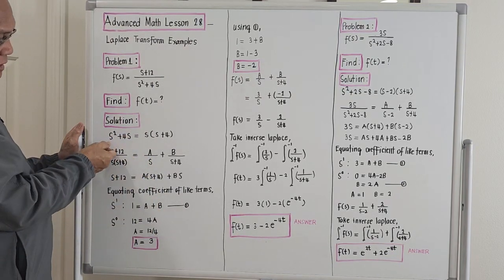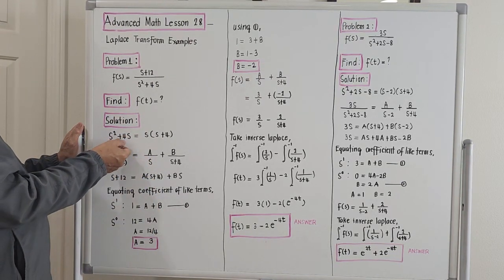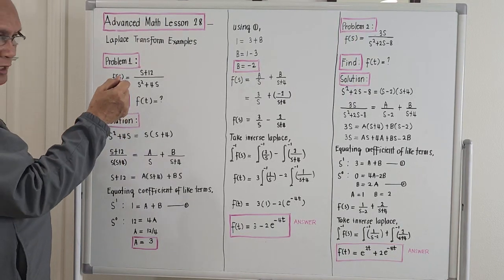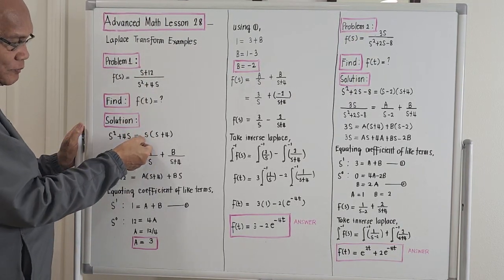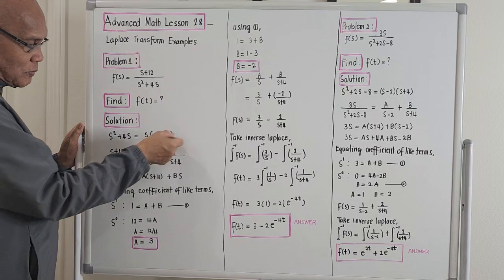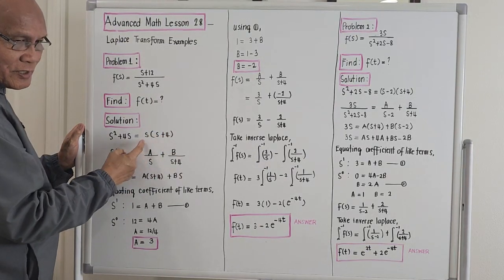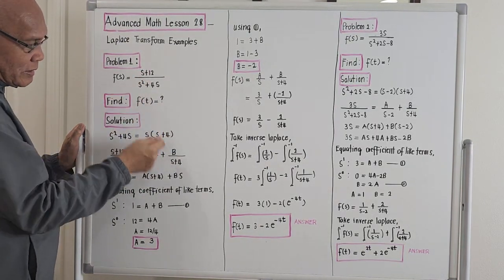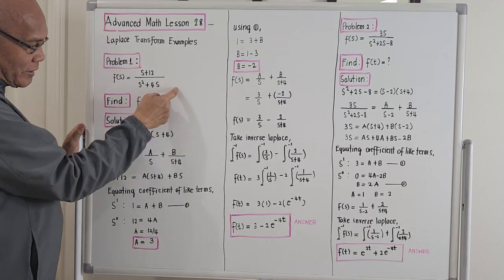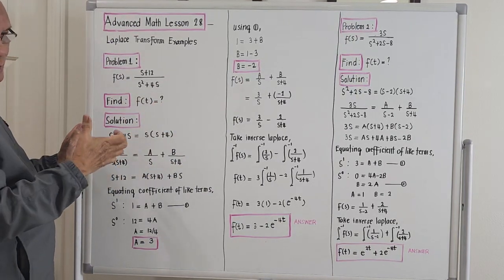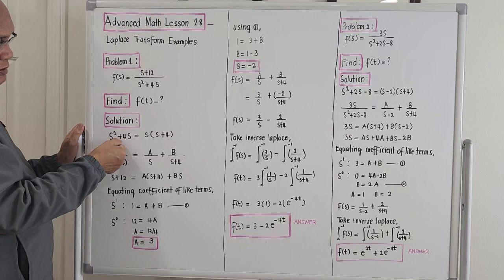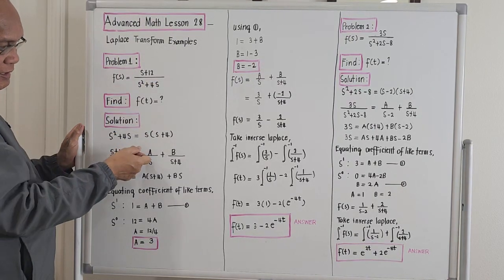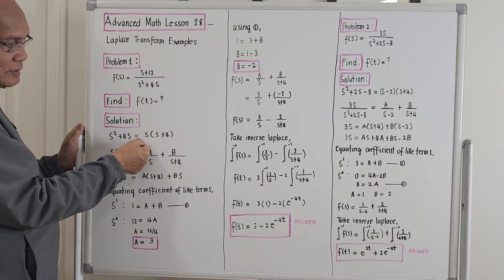So the given denominator s squared plus 4s can be written as the product of s times the quantity s plus 4, because s times s is actually s squared, and 4 times s is actually 4s. So meaning the quadratic equation s squared plus 4s can be written as the product of s times the quantity